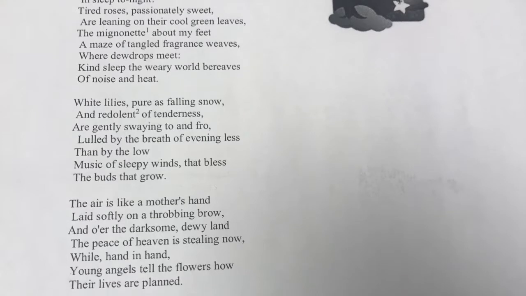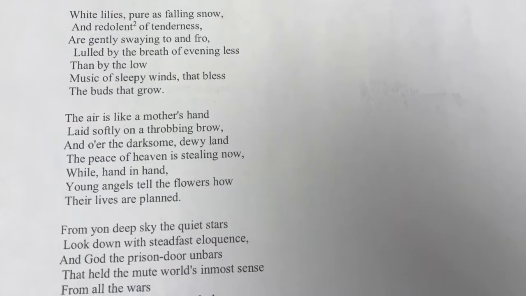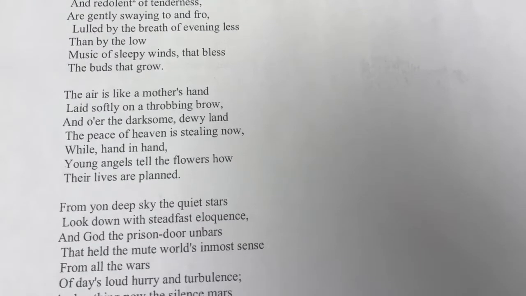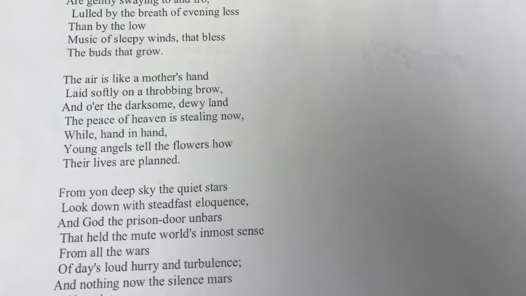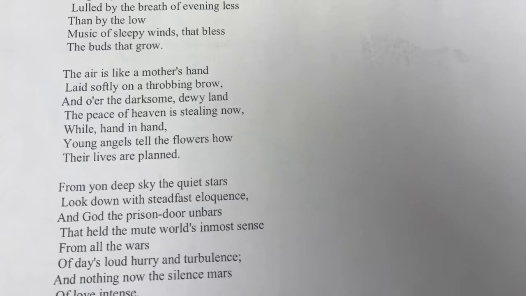White lilies, pure as falling snow, and redolent of tenderness, are gently swaying to and fro, lulled by the breath of evening less than by the low music of sleepy winds that bless the buds that grow. The air is like a mother's hand laid softly on a throbbing brow, and o'er the darksome, dewy land the peace of heaven is stealing now, while hand in hand young angels tell the flowers how their lives are planned. From yon deep sky, the quiet stars look down with steadfast eloquence, and God the prison door unbars that held the mute world's inmost sense from all the wars of days, loud, fury, and turbulence, and nothing now the silence mars of love intense. Okay, now that we've read the poem once through for meaning, let's go back and read